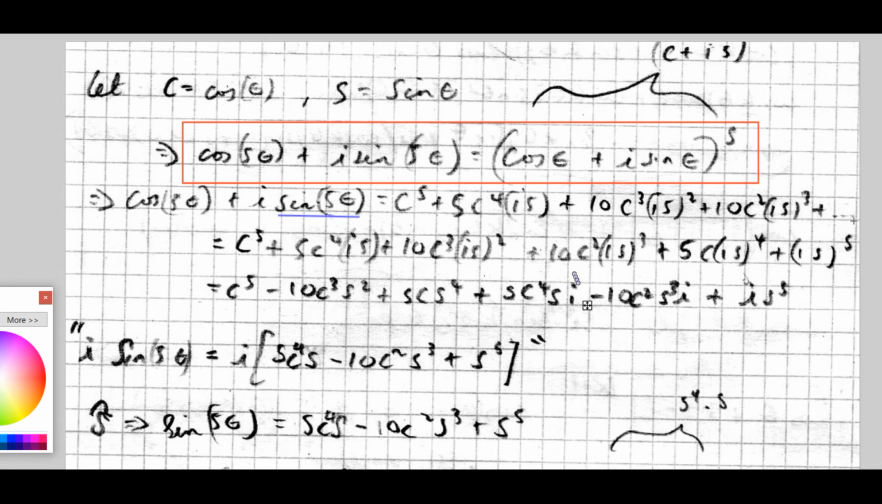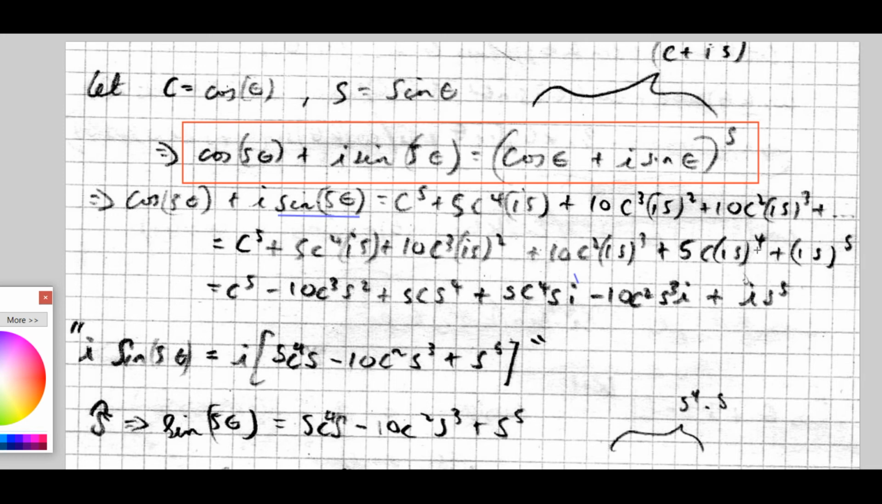That expansion has led to this c^5, 5c^4 is, plus 10c^3 i^2 s^2, and so on. And I'm trying to take care not to make a silly mistake, and I judge I haven't, but if I have, I do apologize in advance. What's most important here is that the